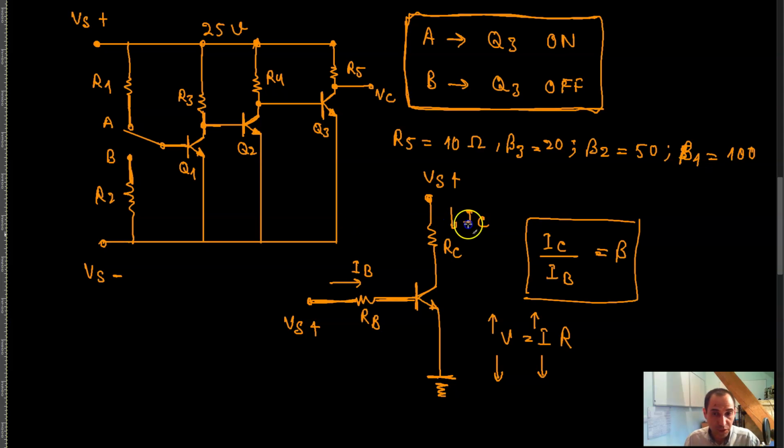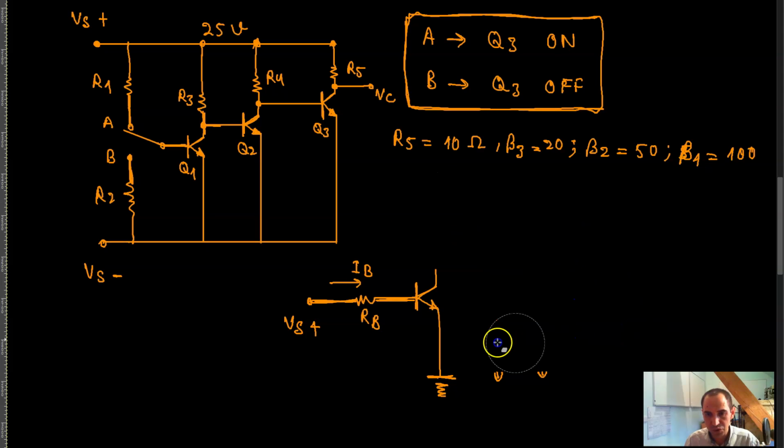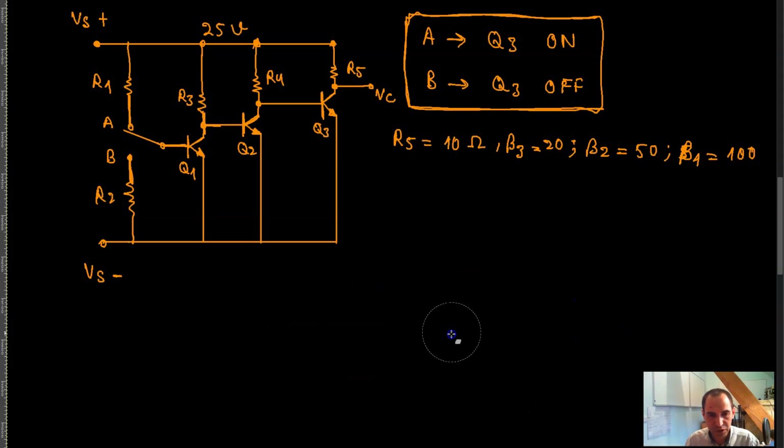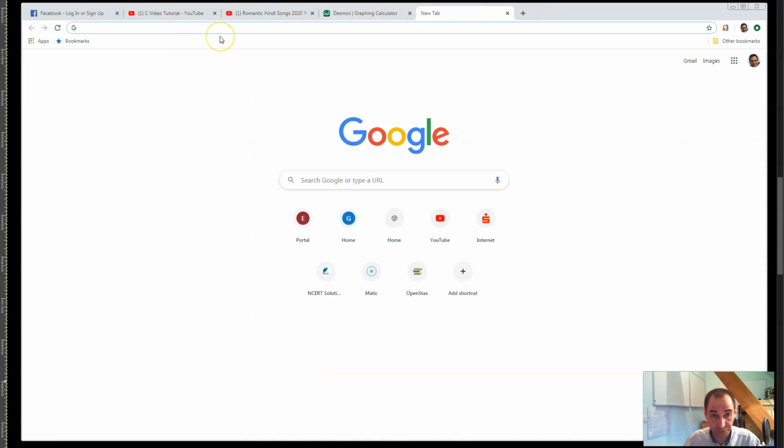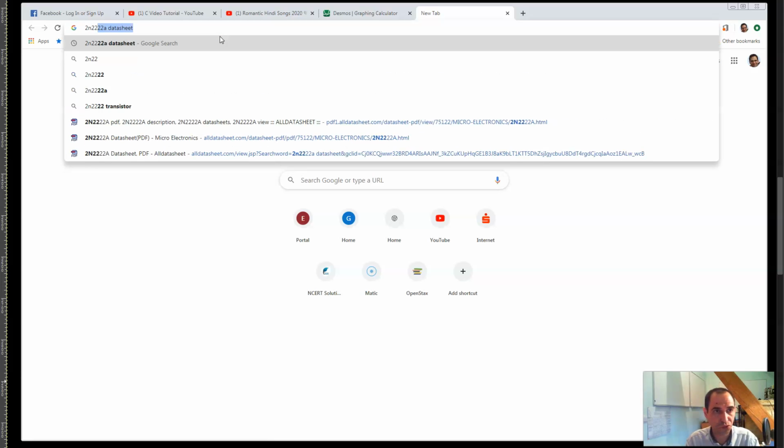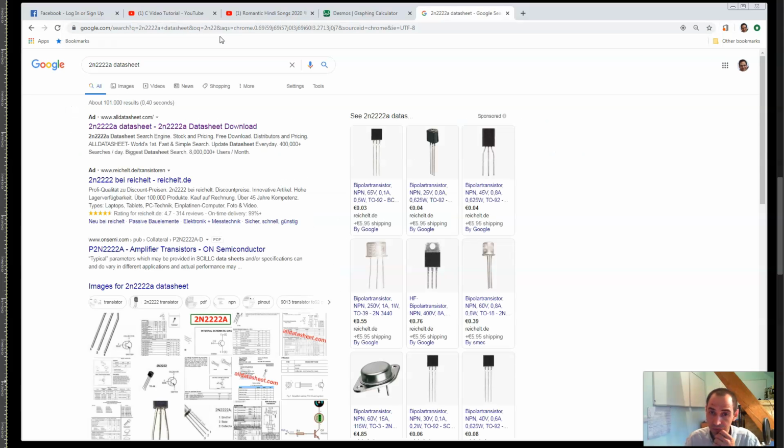So that's something interesting that happens in transistors. Of course, you need to read the data sheets of these transistors. There are usually different beta values for transistors. For example, 2N2222A. If you look for this,